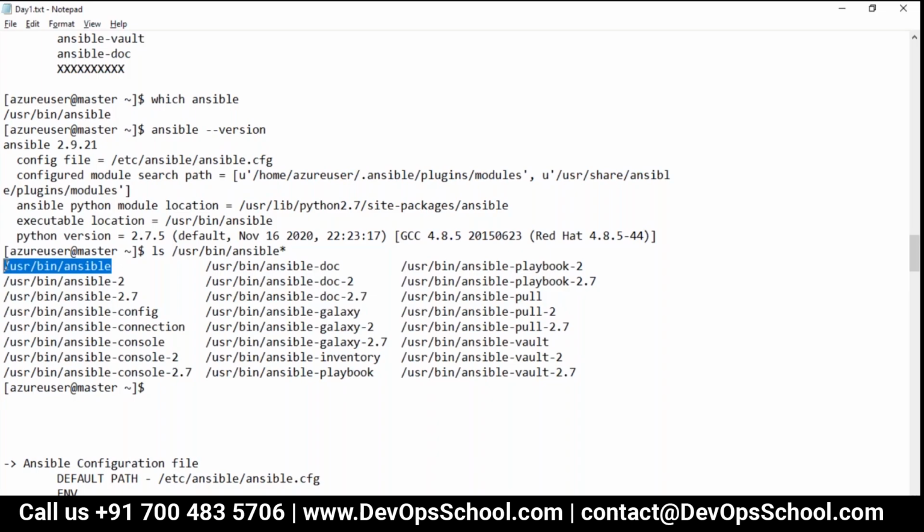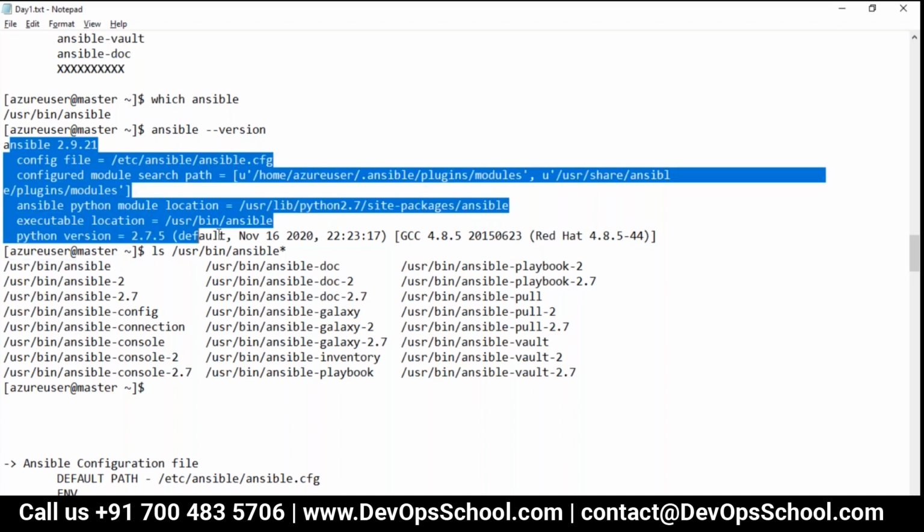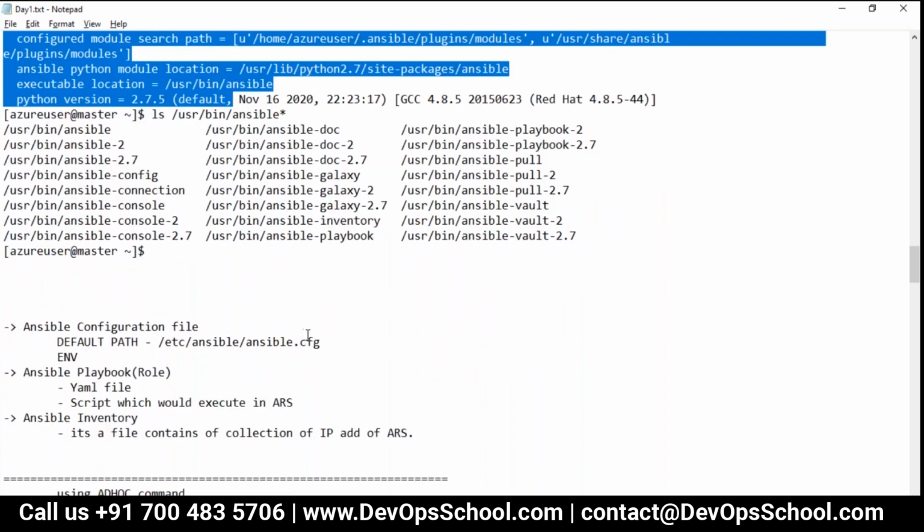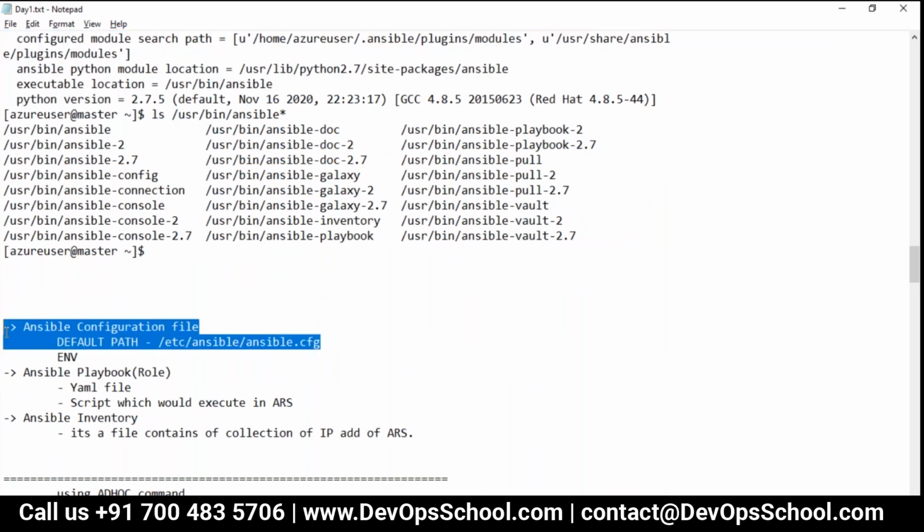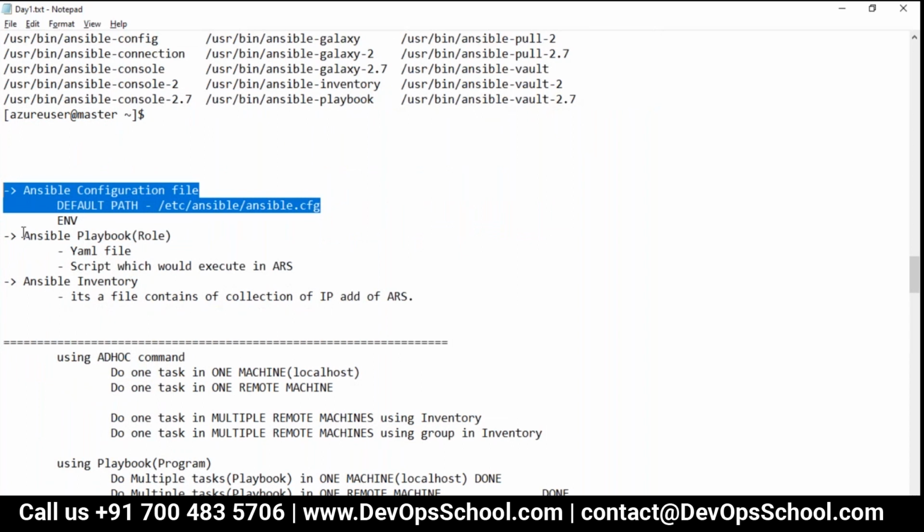To add for ad hoc script, that's called ansible. Okay, and these are the paths and all. You please hard code them in your mind. And here you have ansible.cfg. Okay, all of you. And then here